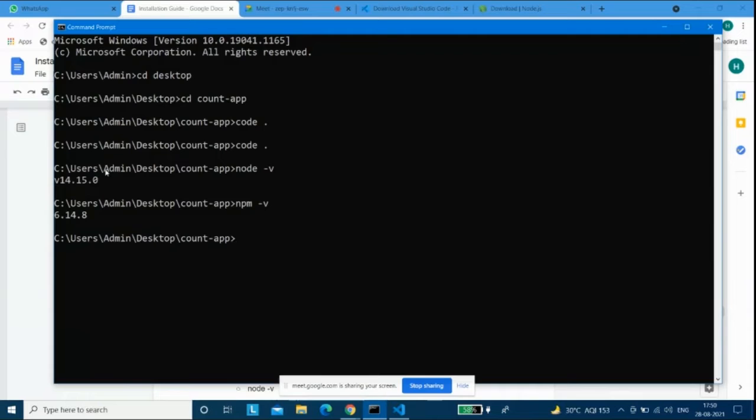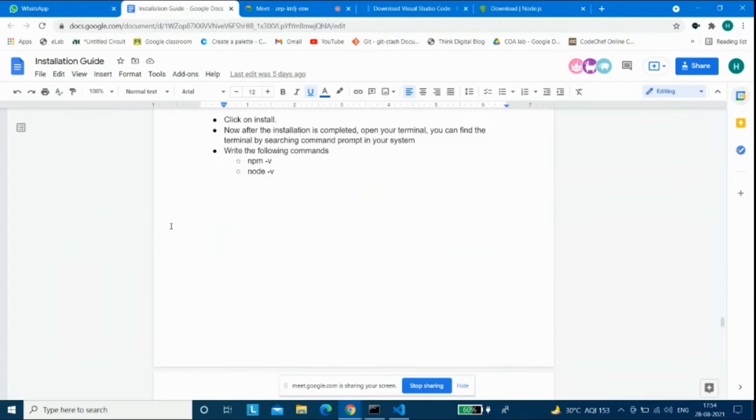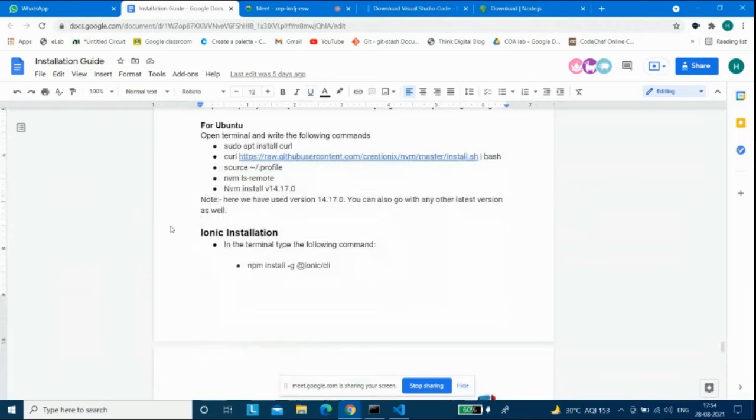Okay, so a different question. What operating systems are you using right now? Is there any Mac OS user or an Ubuntu user? Tell us that. I think everyone has installed Visual Studio by now and Node.js, so I think we can move ahead. I hope everyone has installed. If you have not installed or have any kind of queries, you can write it in chat, or you can even talk to us on the WhatsApp group. So that will not be an issue.